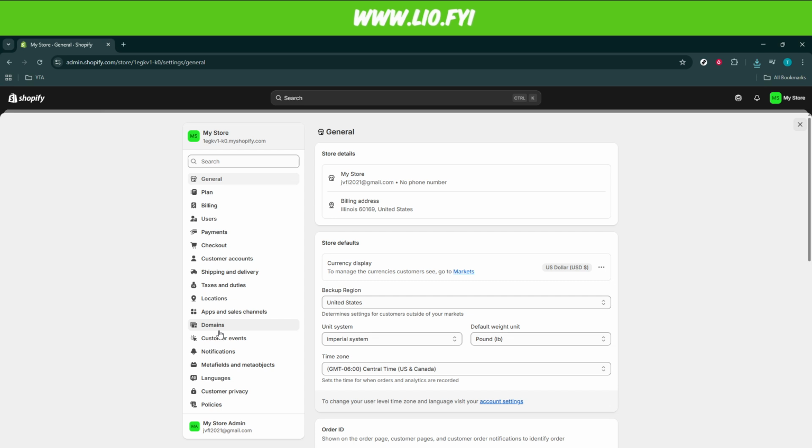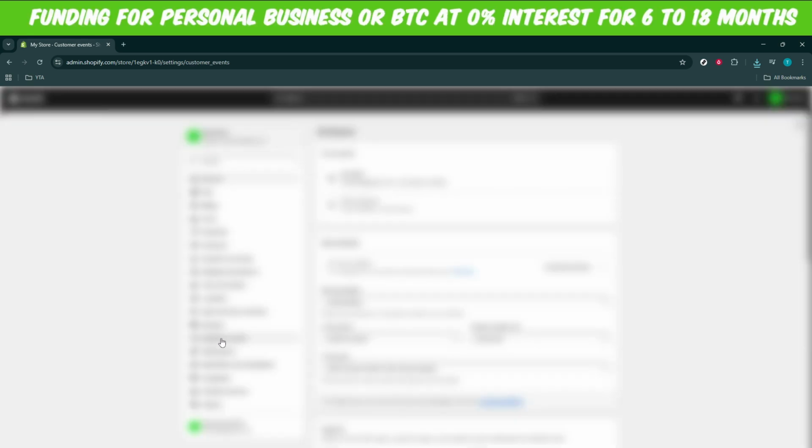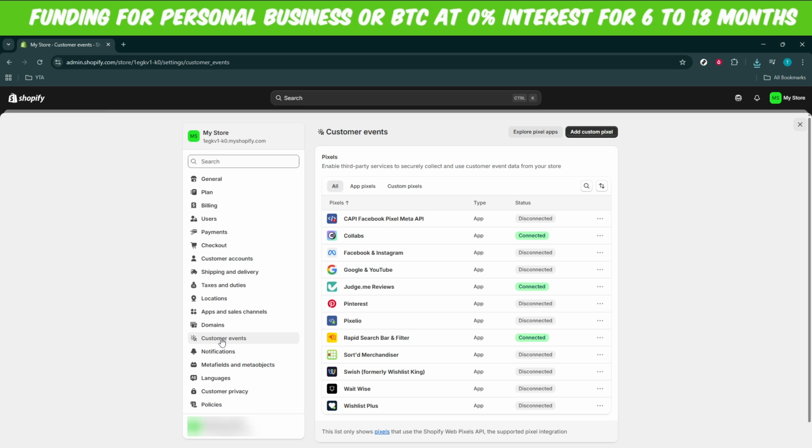After clicking on Settings, you will need to locate the Customer Events section. Clicking on this will take you to a page dedicated to managing all the activities associated with your customers. This is where the magic happens in terms of gathering and interpreting data to improve your customer relations and boost